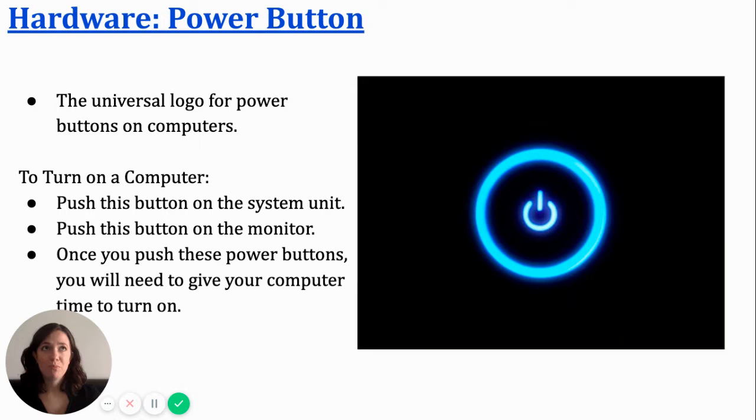on. Sometimes when you push it to turn it on, it does take a few minutes to load up, but as long as you've pushed it and you see it start to glow, just hold pause and it will start